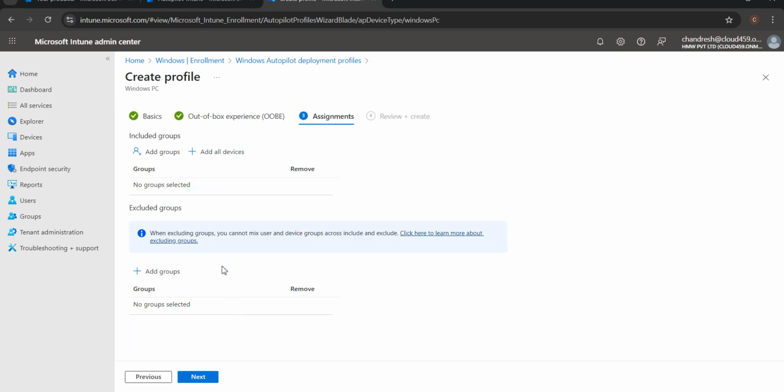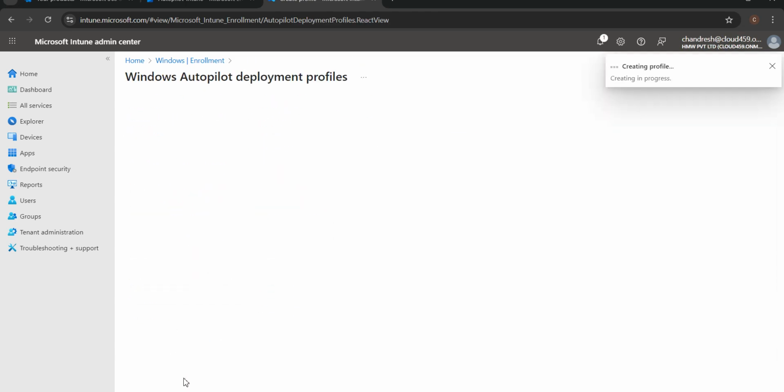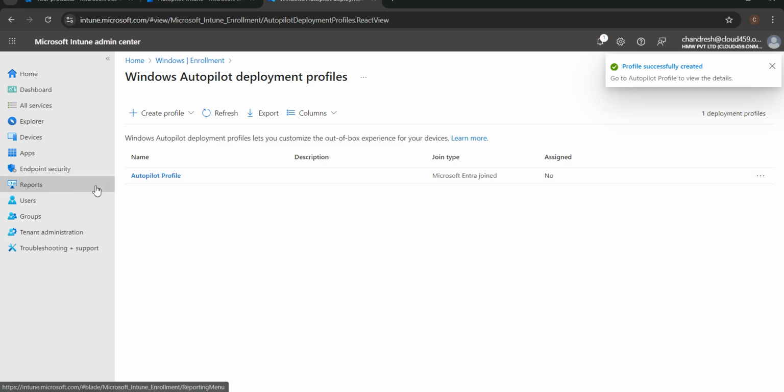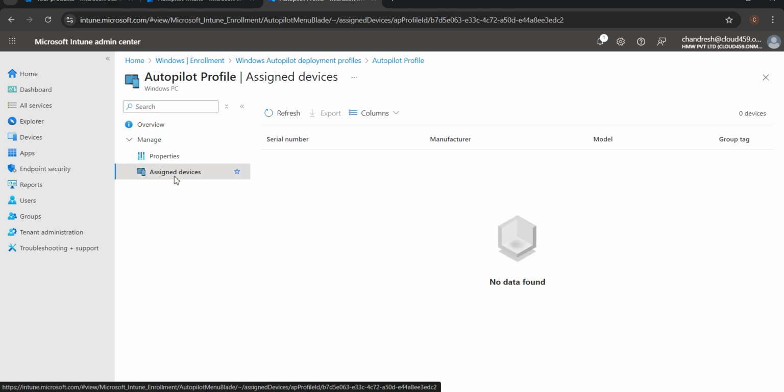Now here I can add the groups. Which group I want to do the assignment for, there I can write the group name. I have not added any group. Let's go ahead, and I will automatically enroll the devices here. This is the autopilot profile. So this autopilot profile has been created. Next, I will assign the devices. So when I click on assign devices,